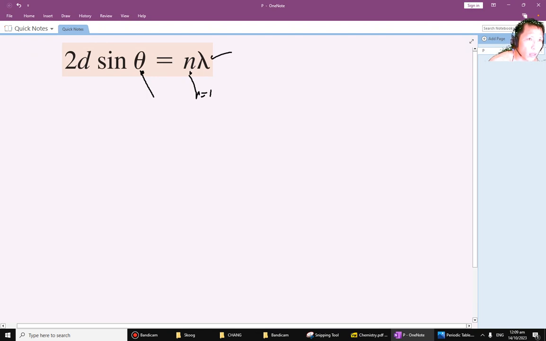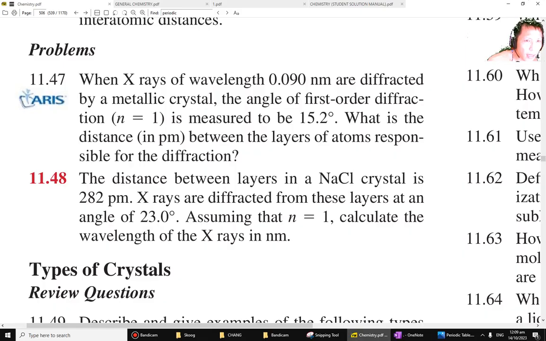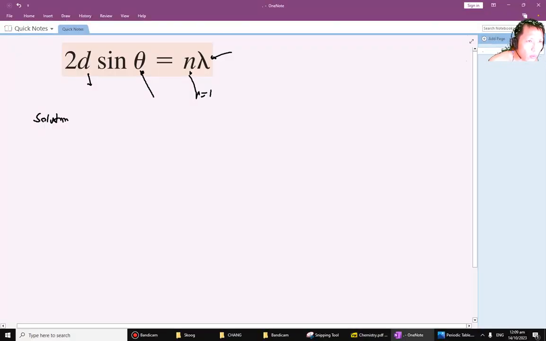This one is the wavelength of the X-ray in picometers, and therefore we can find D. So we only have to supply the theta. Theta is 15.2 degrees. N is equal to 1, and lambda is